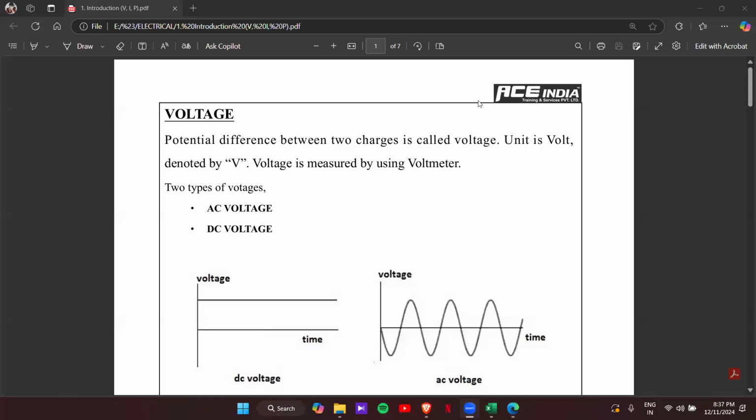Okay, so in today's session, we'll be discussing the electrical introduction. In this session, we'll be discussing the basics: voltage, current, power, and load calculation. First thing, we can start with the